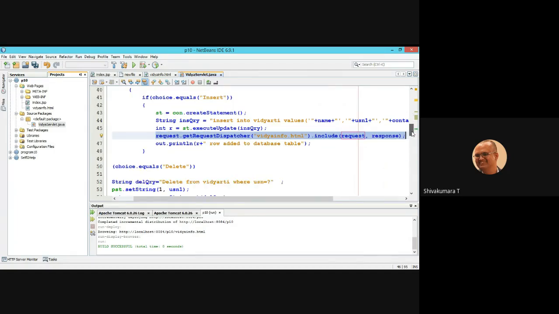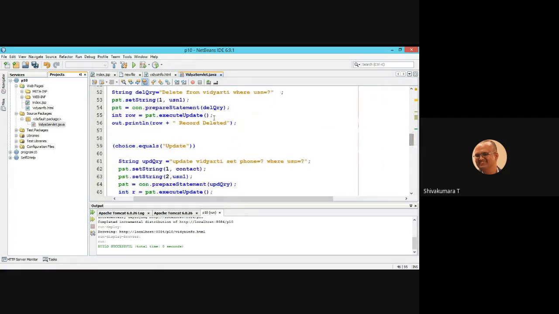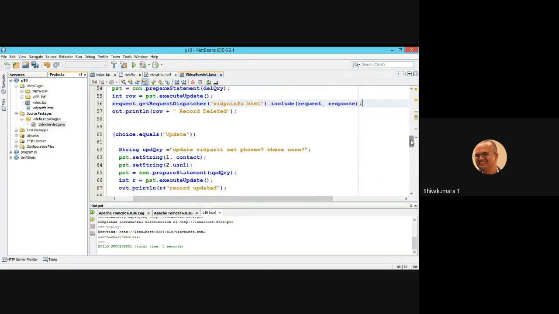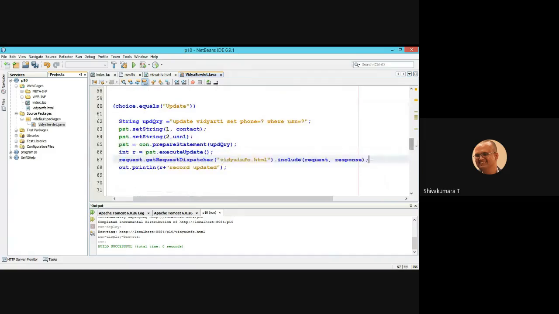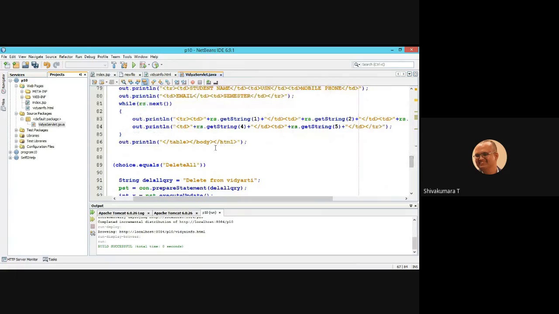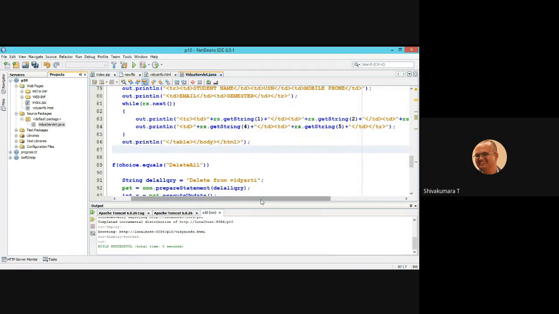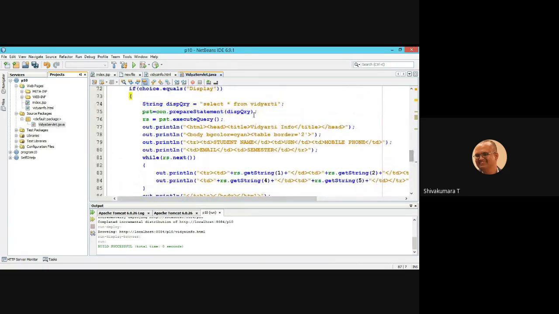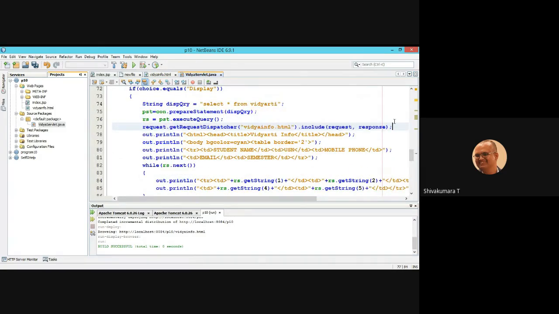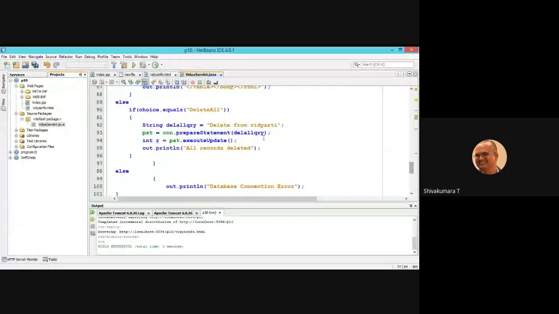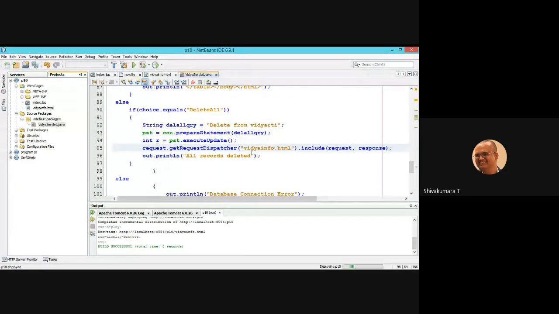After insertion, again, if you want to see the copy of it, you can use this. Then after that, before closing this record, you can use it here. So it includes this form every time after your execution.